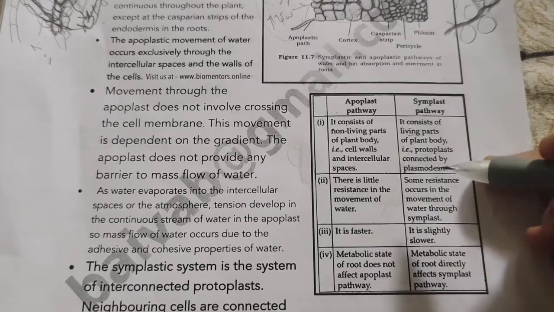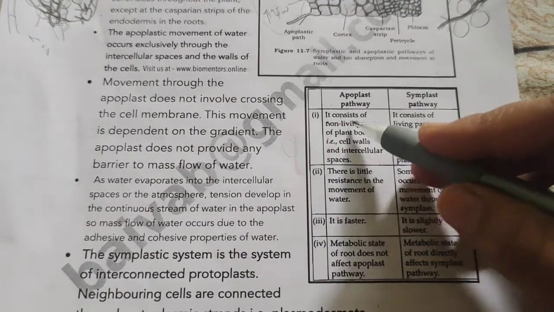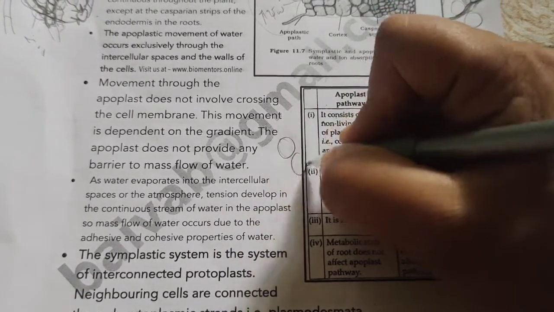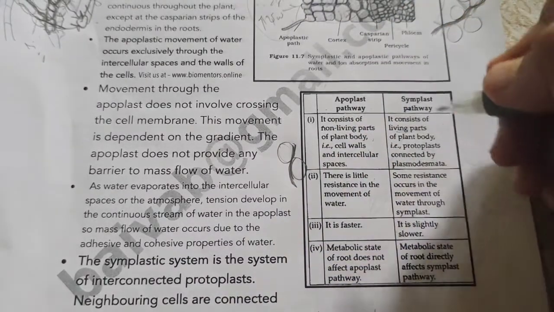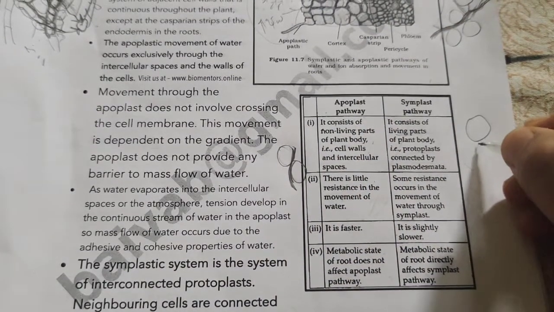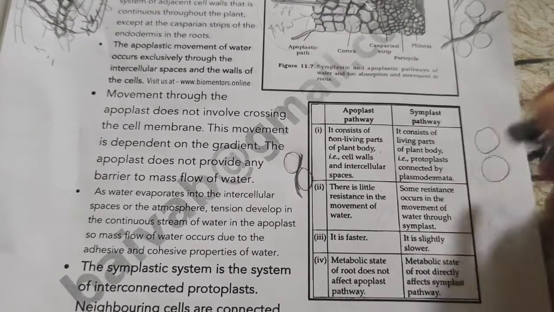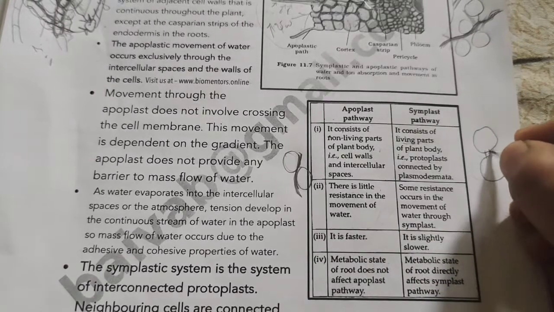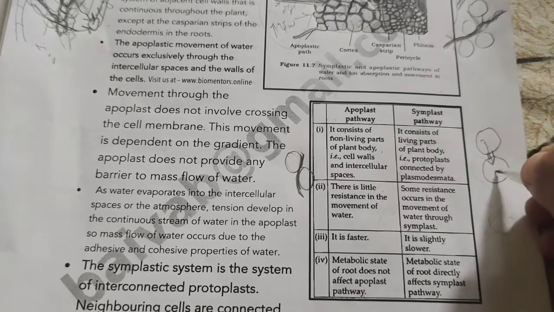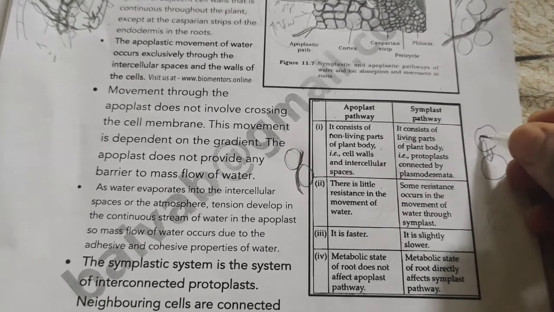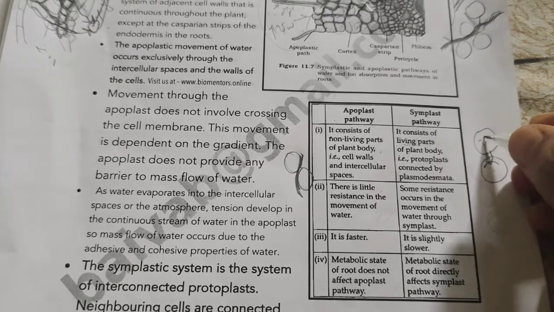So we shall know the differences between apoplast and symplast pathway. See, apoplast consists of non-living parts like the cell wall. So water will be moving along the cell walls or intercellular spaces. And then in symplast pathway, water has to cross the cells through the plasmodesmatal connections. In between the two cells there will be plasmodesmatal connections, and through this water will be moving from one cell to another cell. As water has to cross the cells, here there will be a cell membrane present.